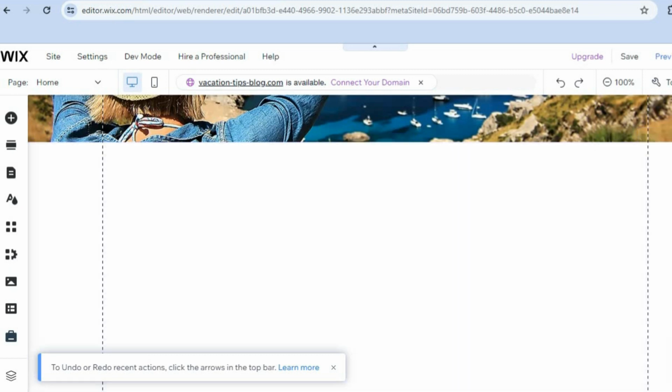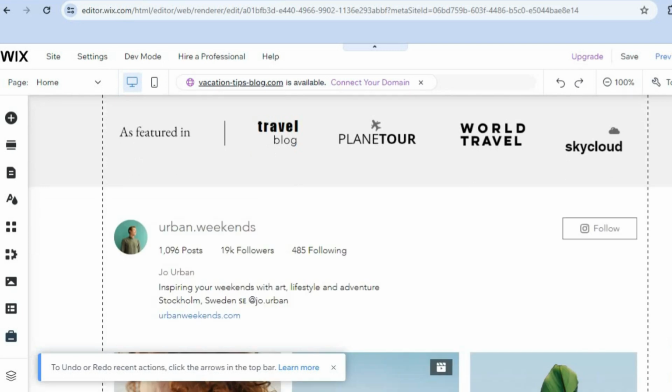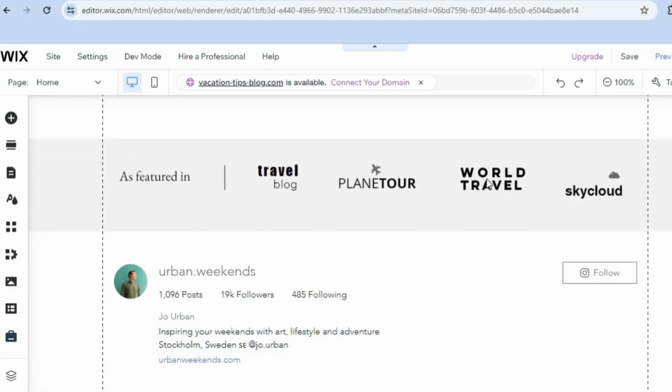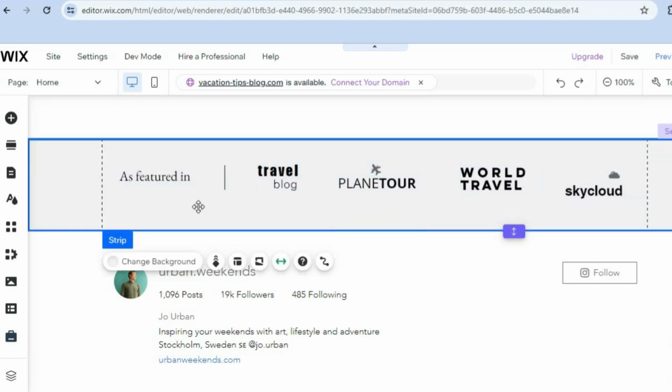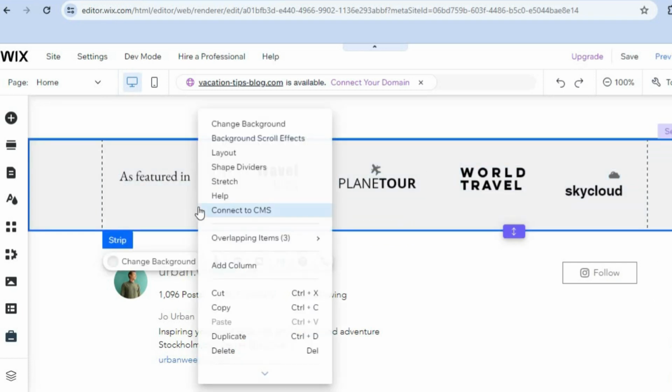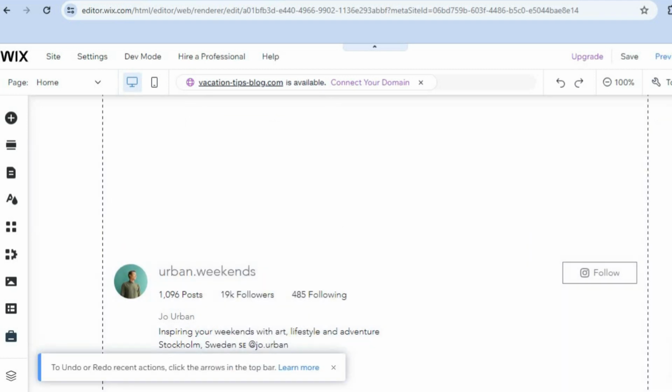And if you'd like to delete another section, so let's say for example this section right here, again all you'll need to do is simply tap and select the section. Then you're going to right click and tap on delete, and that will delete the section as you can see